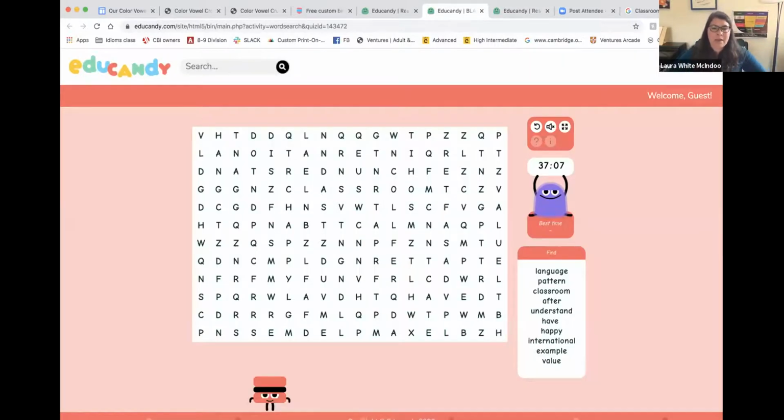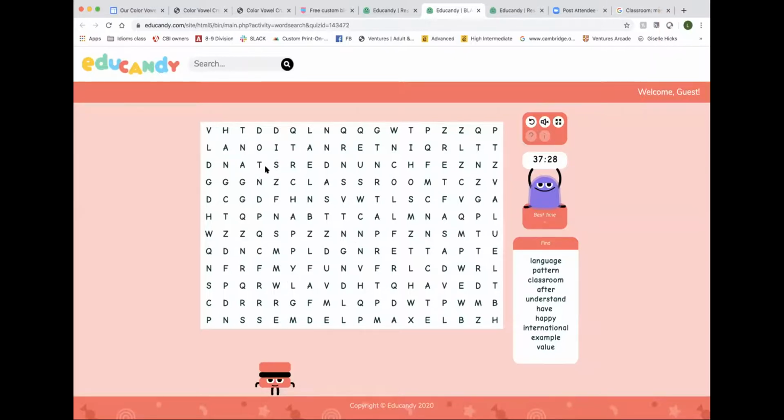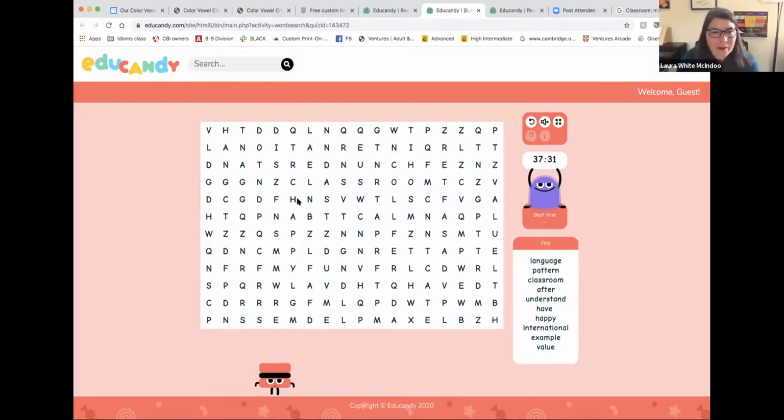But the word search, which I've never actually liked before, I thought this was really amazing as a review because of what you're doing, your internal language, the talk in your head, the practice that's going on. Here's just some black cat words. And if you need to find language, what do you do when you're actually doing a word search? You're spelling. And I'm going language, right? You're saying it in your head. And so I found myself going, classroom, there's one, classroom. I got one, see? Have right here.